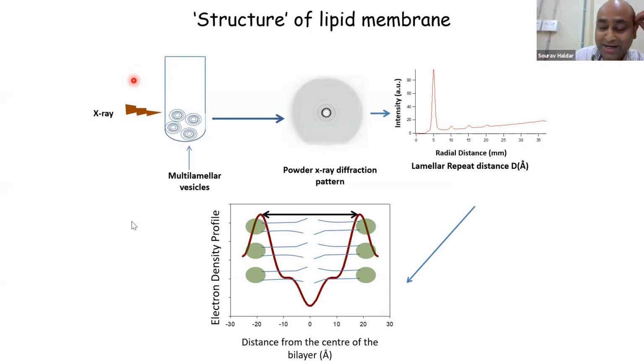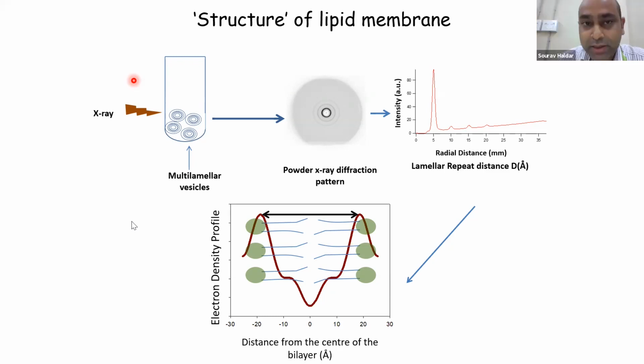There are two reasons for that. When we say lipid bilayer, we are not talking about one particular protein molecule. It's a collection of molecules. Second, because the lipid molecules are dynamic over a wide range of spatiotemporal scales, they cannot be crystallized in the same fashion as proteins or DNA can be crystallized, right? However, nowadays you might have seen that a lot of membrane protein structures have come out. In those, we find lipids stuck in the protein structure, but that's a different issue. We will get to that later.